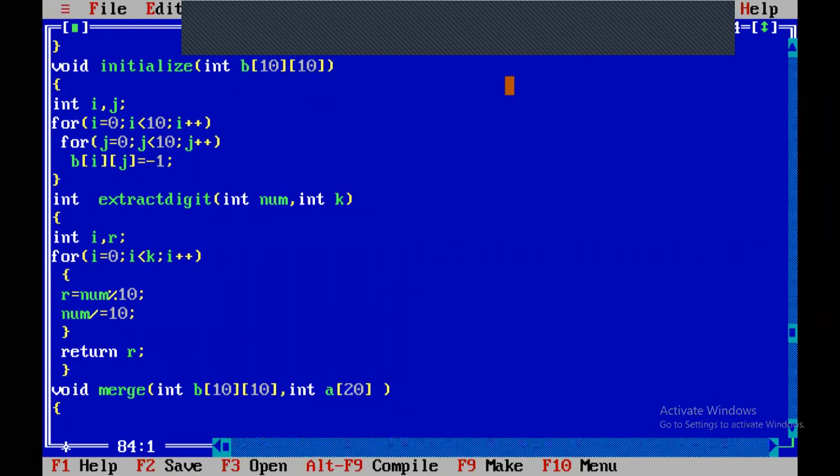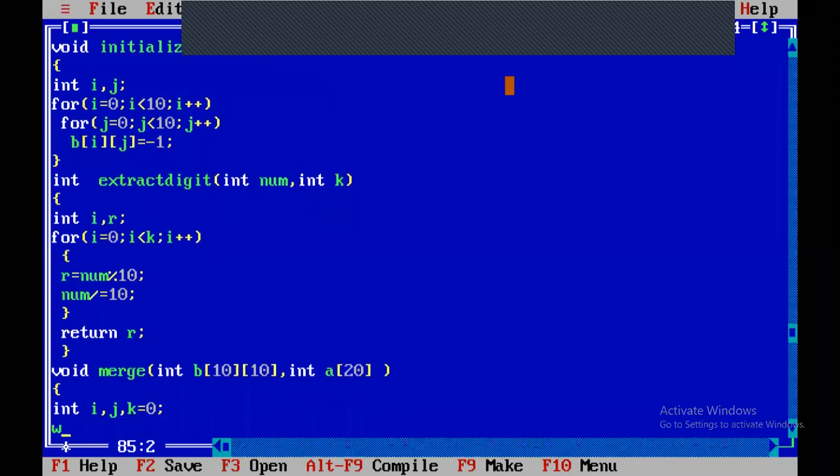So merge it. It's simply how to do: int i, j, k equal to 0.